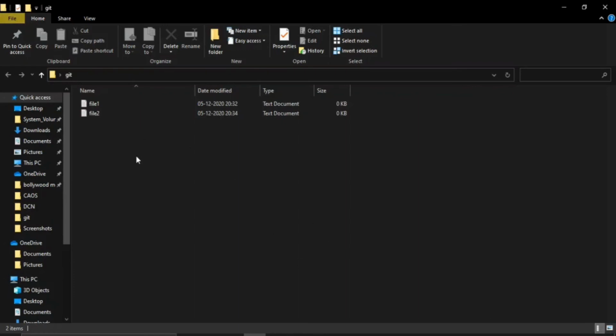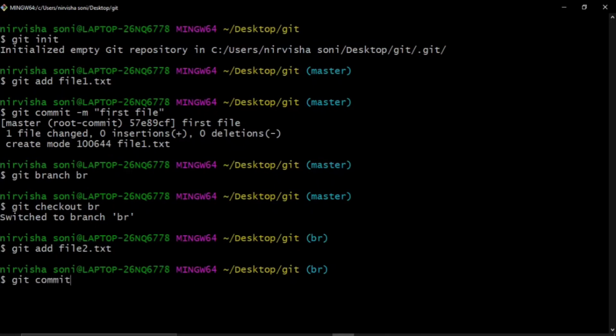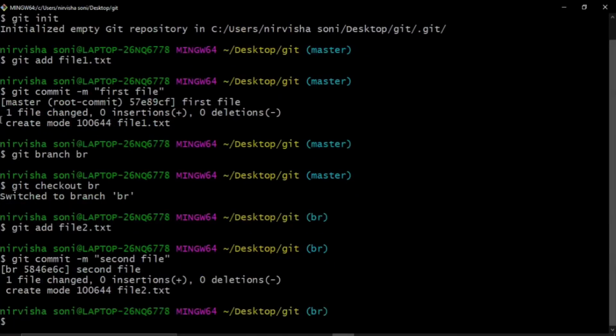So now I'm going to add this file, and for that I have a command git add file2.txt, and let's commit this. Right, so the second file has been added to our BR branch.